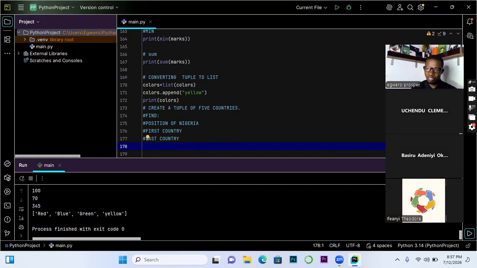Okay, so any question on tuple so far? Questions on tuple, because we are going to the last one, and that will form the last topic for tonight. So tonight, I just want to round up the journey of the advanced data structure so that in our next class, we move into a more advanced topic. Gradually, we are getting to where we will start sitting down and say, okay, let's develop a simple, intermediate app like we advertise.